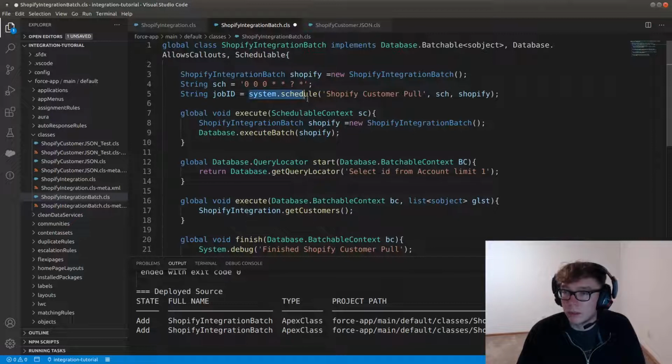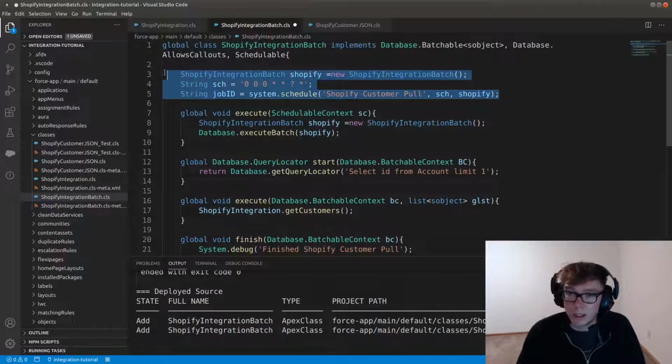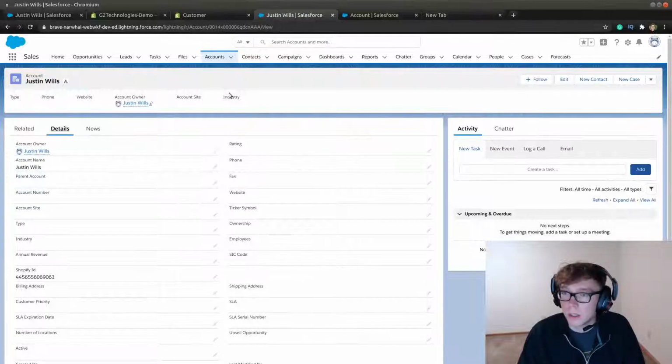And we're going to use the system.schedule to schedule this, and we need a name, so the name is going to be Shopify customer poll. Then we're going to pass in the schedule, and then finally we're going to pass in the Shopify batch. So I'm going to go ahead and copy this, I'm going to comment it back out,